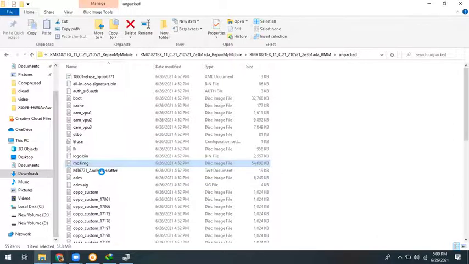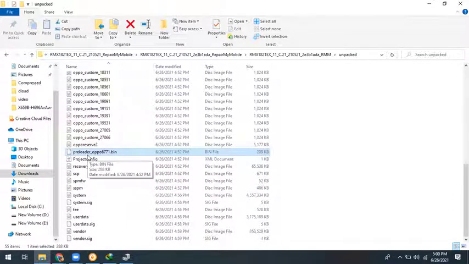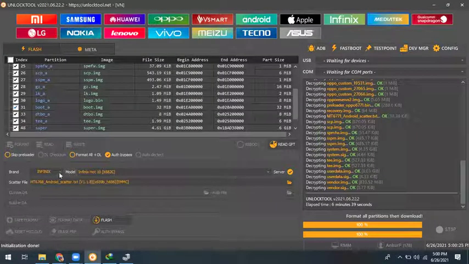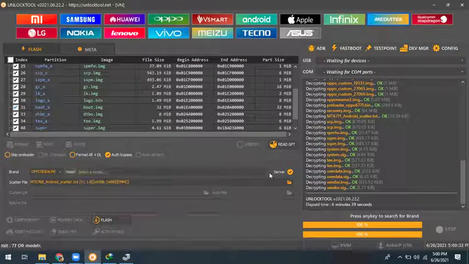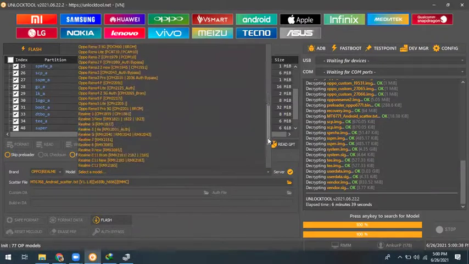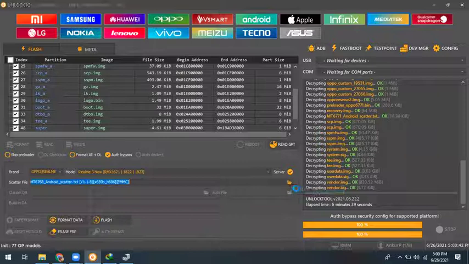Okay, so it's showing MediaTek MT6771 and our scatter file. Also, it shows your preloader file that is supported for account information here. So it is your full flash file, and you can directly use your MediaTek folder. Go on and select your brand. First select your brand, next select your model, Realme 3, and select your file, load a scatter file.